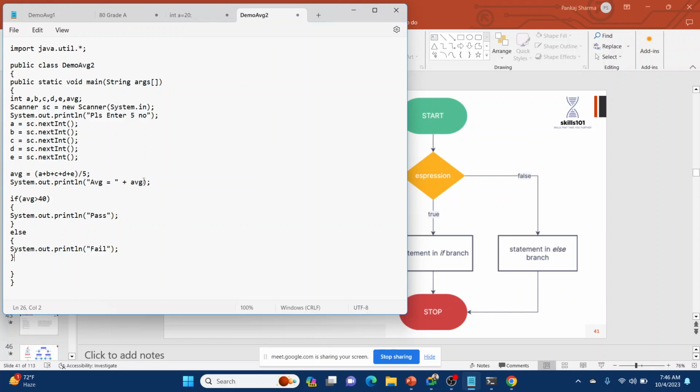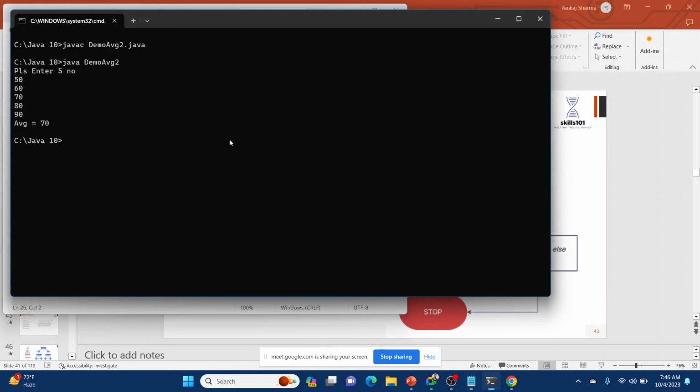Whenever you change a program, save it again, then compile it again, then execute it. Now javac demo avg2, sorry, it is going to show us, I think, an error. So it shows us the error. Why?